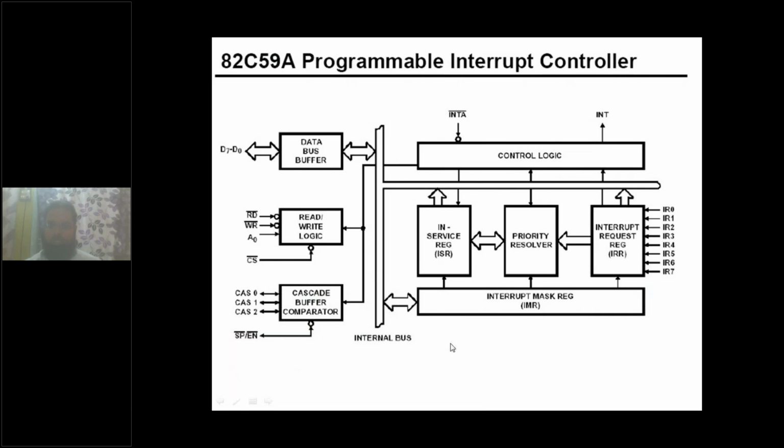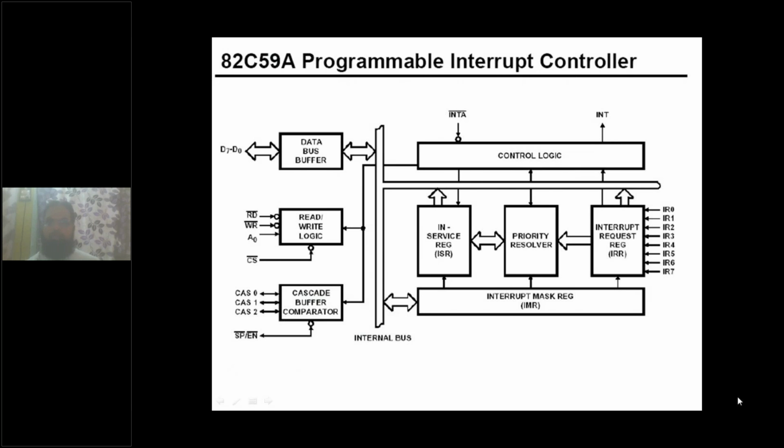In between the processor and IO devices, this chip is available, 8259. So 8 different IO devices can send the interrupt signal to the interrupt controller, and this interrupt controller resolves the priority among the interrupt signals available and then sends the highest priority interrupt signal to the processor. This is the operation that is happening.